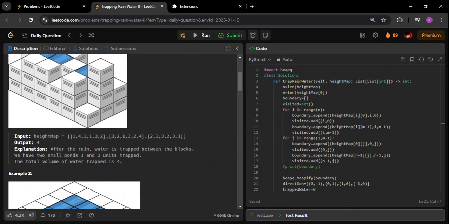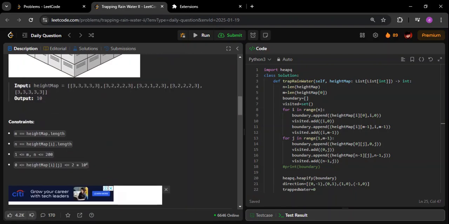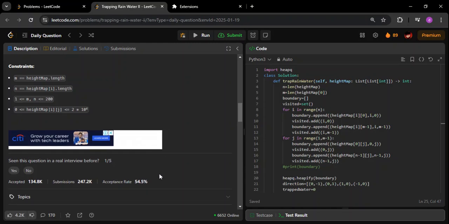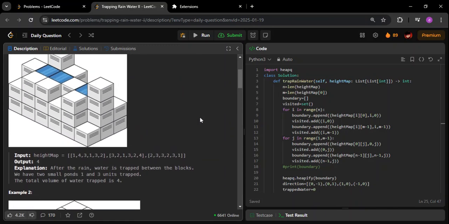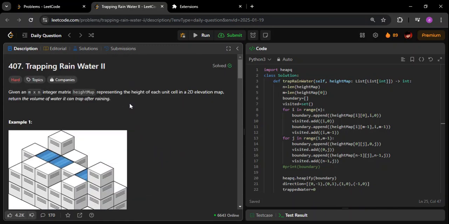This is a hard question. As you can see, it has an acceptance rate of around 54%. This is one of the lowest acceptance rates that we could see. 50% is actually very low in terms of LeetCode. This question is marked as a hard question, and there are multiple ways to solve this kind of question, but the idea here is